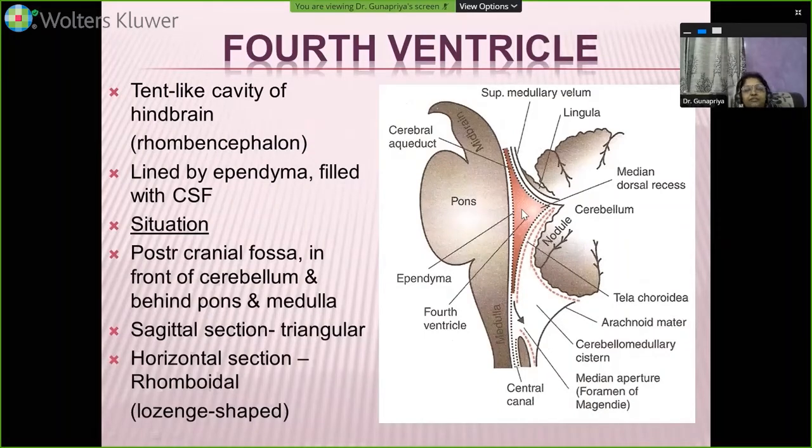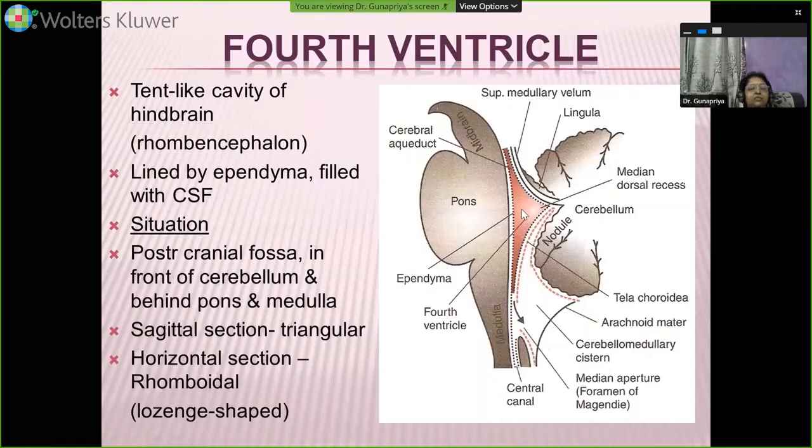All the ventricles of the brain are lined by a very peculiar epithelium, which they might have taught you in the earlier classes in Introduction to Nervous Tissue last year. That is ependyma, a type of neuroglial cell, the nervous tissue supporting cells. Ependyma has a capacity to synthesize cerebrospinal fluid, and this entire cavity will be filled with cerebrospinal fluid.